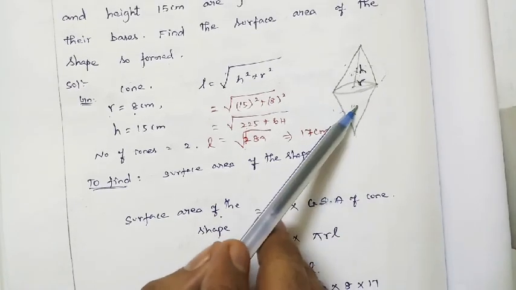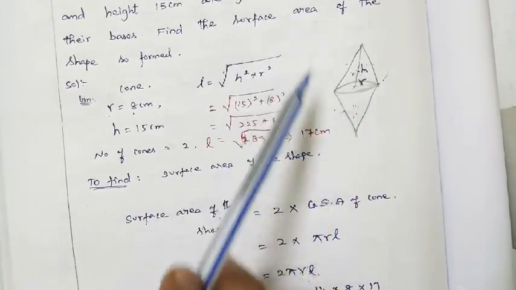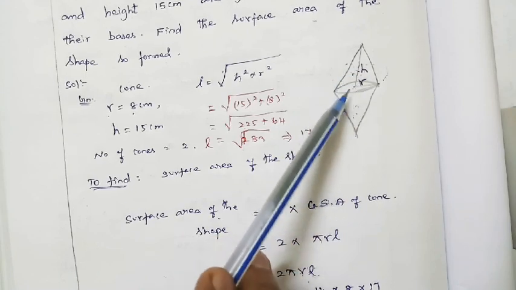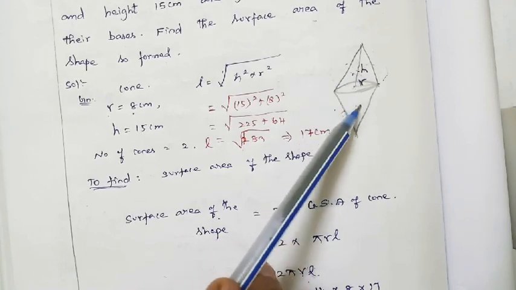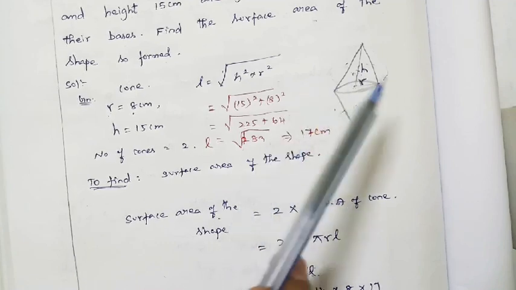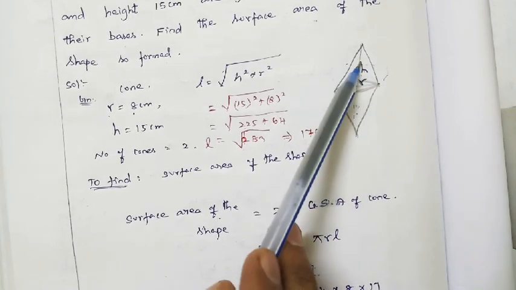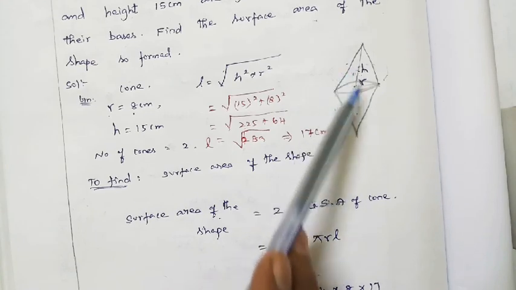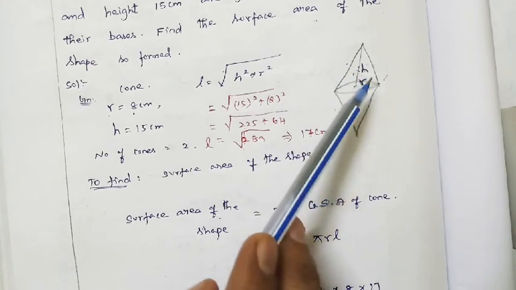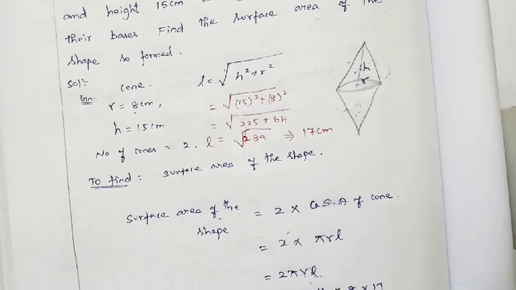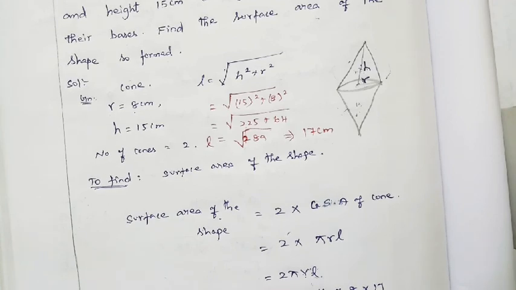We have two solids. See, surface area is nothing but the total surface area alone, right? While we are joining the two cones, the bases of the cones have been hidden. So we only want to find the CSA of the first cone and the CSA of the second cone. CSA of a cone is nothing but pi r l. So the two cones are the same, the radius and height are the same, so 2 times the CSA of a cone. Understood? Take it, sir. Today's classwork is over, and just note down your homework sums.